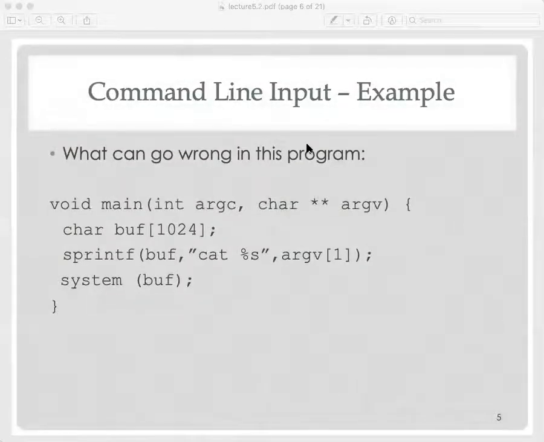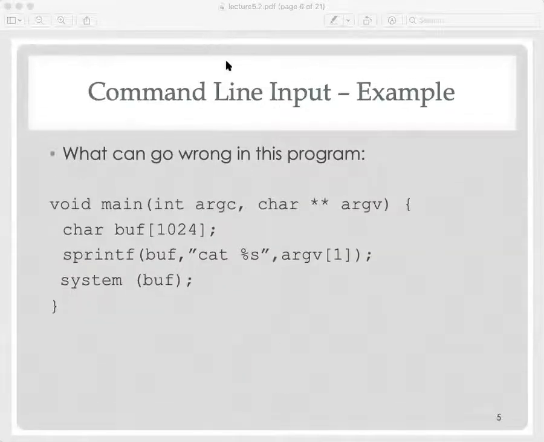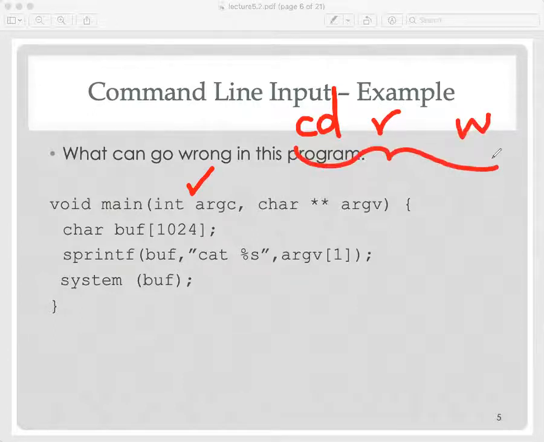So let's look at what could go wrong in a command line world when we don't do a proper input validation, right? So let's say this is a command line function written in C. It takes 2 arguments. The number of command line arguments, right? So if we say هنا مثلا, if we say CD RI WX, right? So this is a command line argument. C هنا argc becomes 3, right? And argv becomes a string of strings,